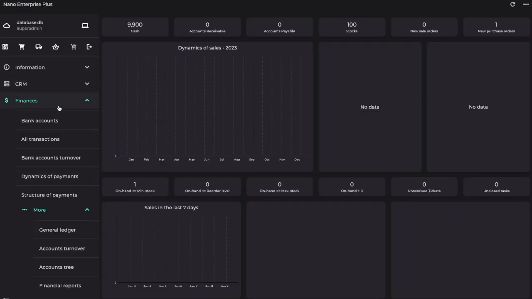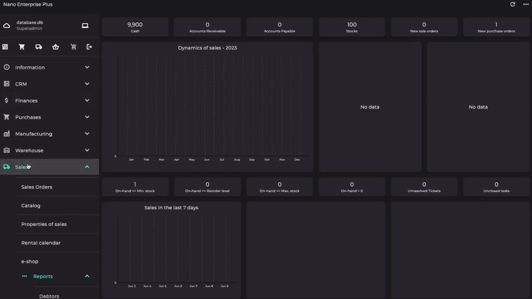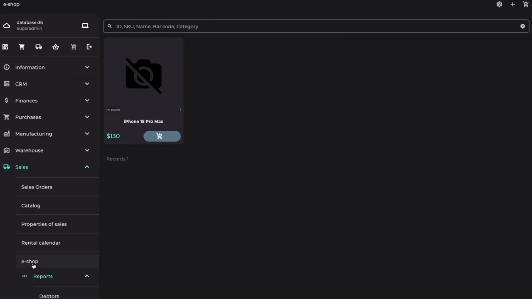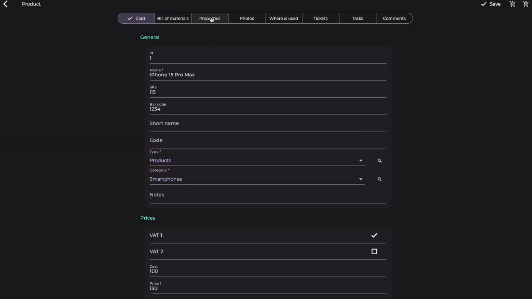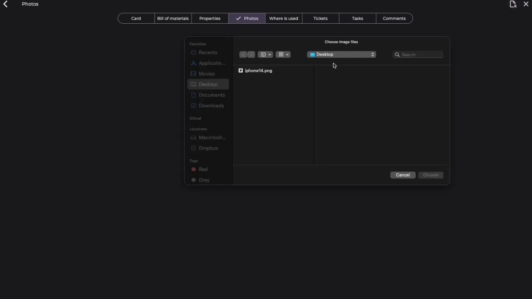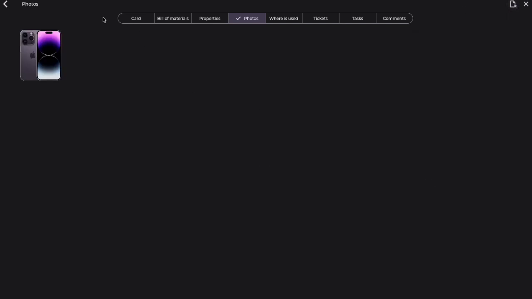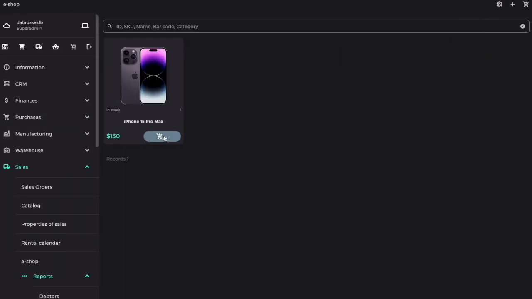Now, let's create a sales order. You can do this in the Sales list menu, but to demonstrate another method, let's create an order through the shopping cart in the Sales eShop menu. First, let's add a product photo. Click the Add Item to Cart